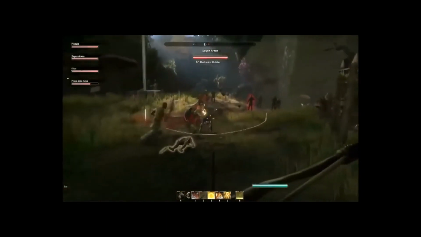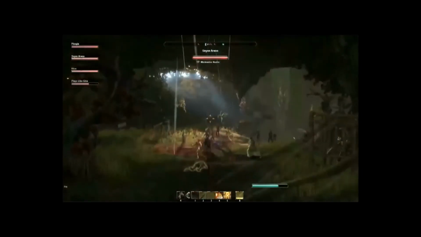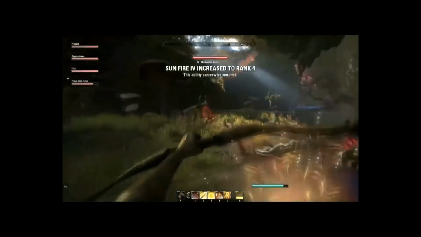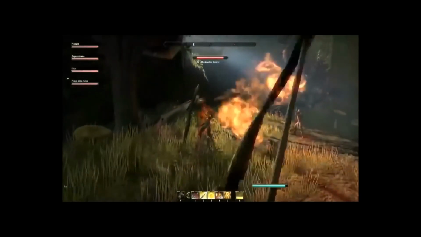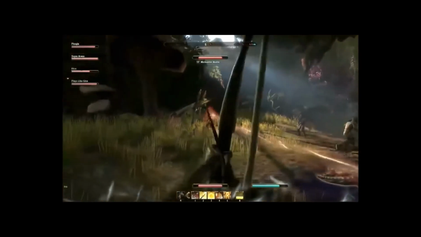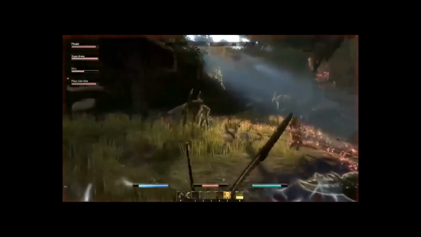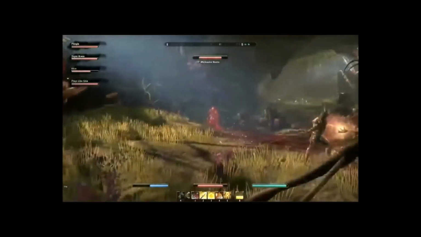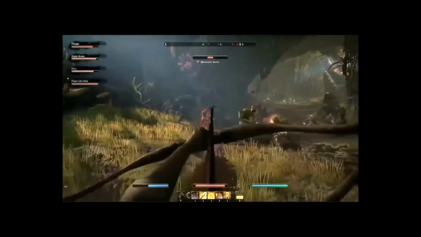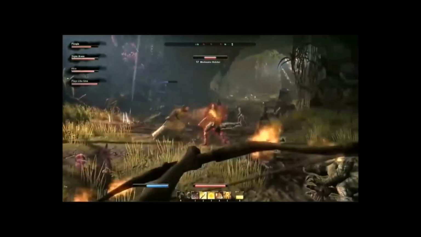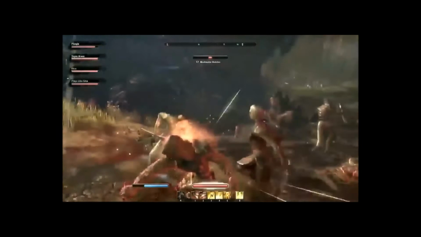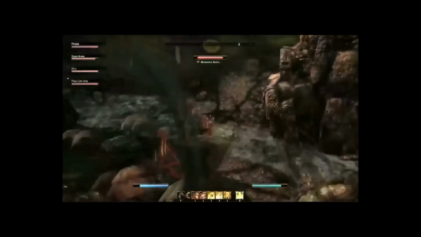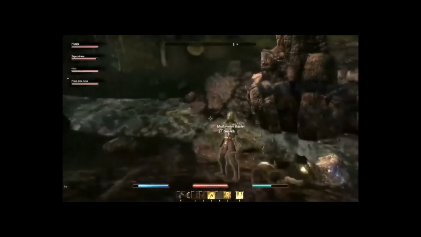The other thing that I really loved and enjoyed a lot playing this game was the crafting system. The crafting system has a lot that you can get from it. That was very confusing. Let me restate that. Basically, the crafting system is fantastic. It allows you to do a lot of things and allows you to create armor that is specific to your race. Basically, the way it works is there's different styles